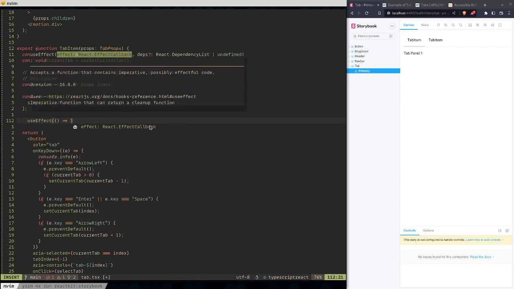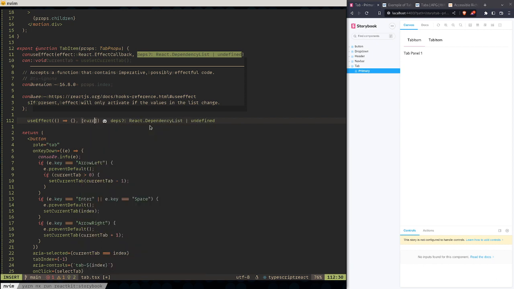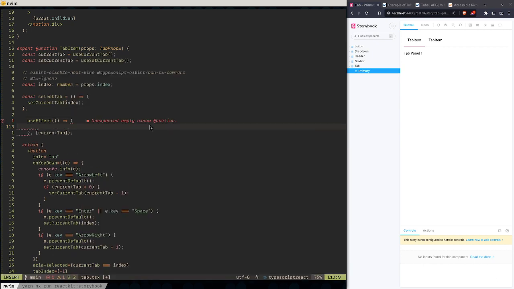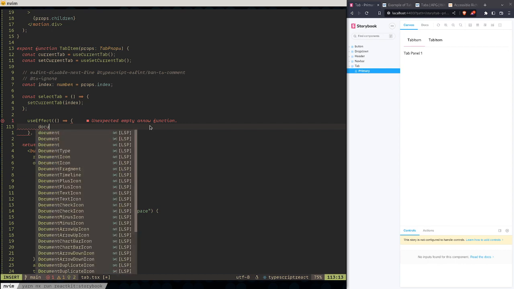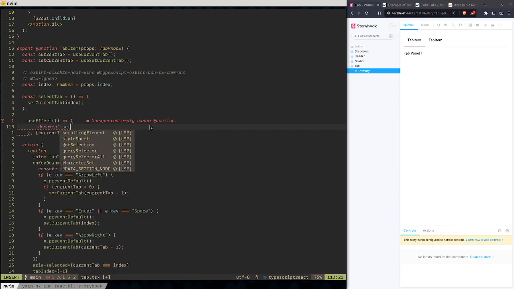And what we're going to do is run a function on useEffect, and we're going to listen for the current tab. Being as the current tab changes, we know we need to swap out the focus. So what we need to do now is actually something, but not React-like, but we need to go